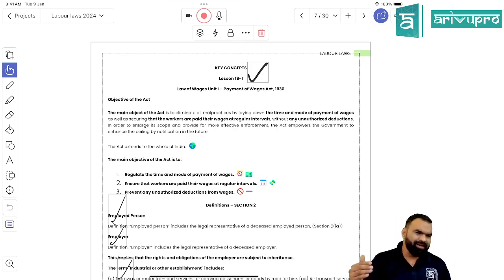Other than that, you can deduct income tax, you can deduct insurance premium, you can deduct provident fund, you can deduct absence from duty. Further, some other items can also be deducted, which are quite very logical, that those items that can be deducted as provided under section 7, right?